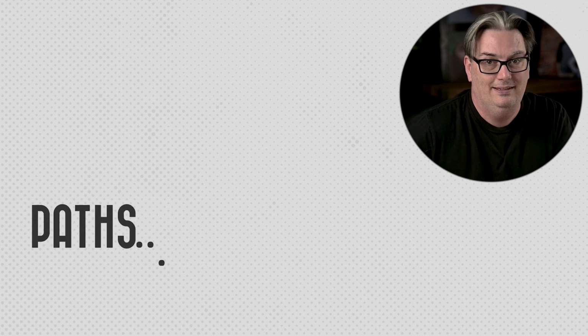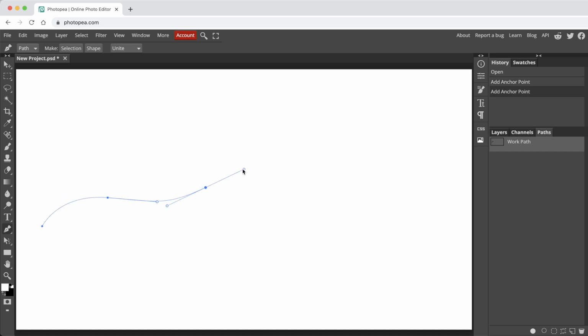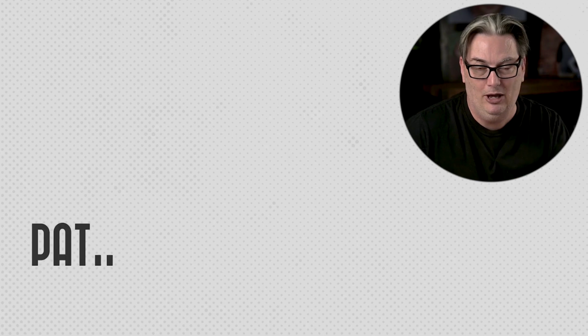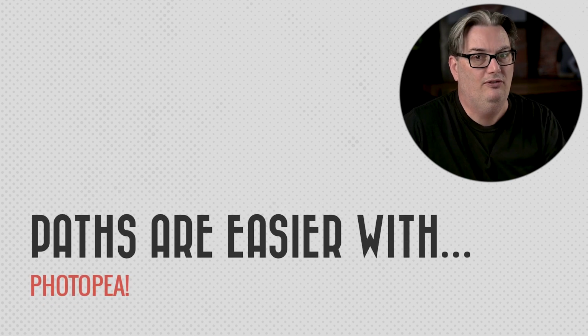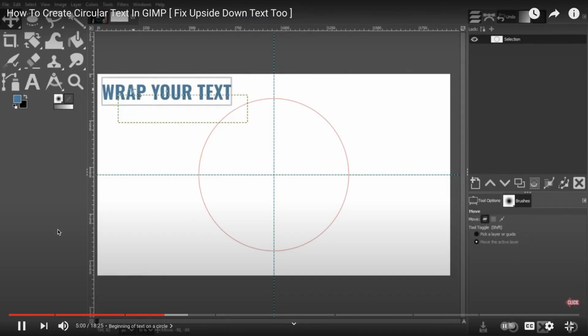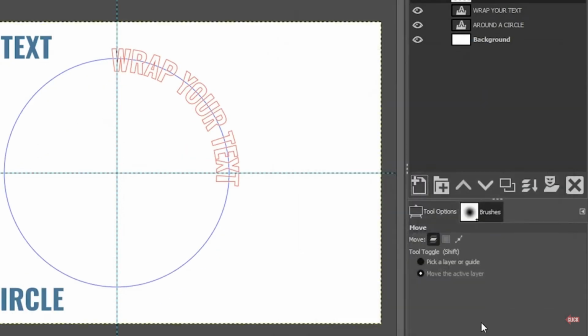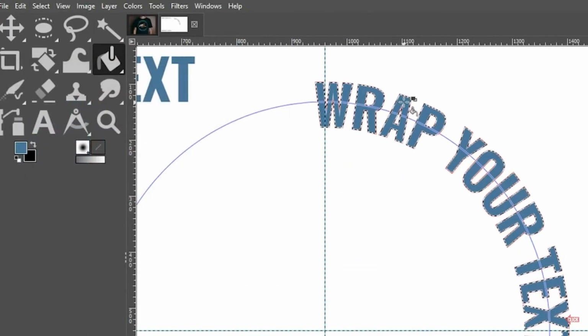All right, so the next thing is paths. So a path consists of lines with anchor points. The lines can be bent via the anchors that you create. So paths work pretty much the same in both Photopea and GIMP. However, Photopea has a huge advantage over GIMP when it comes to adding text to a path. So for GIMP, I have a tutorial. It's about 10 minutes long, and adding text to a path in GIMP requires about a dozen steps to remember. It's so frustrating trying to add text to a path in GIMP, but in Photopea,